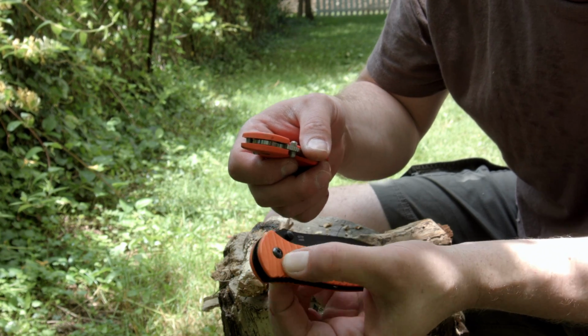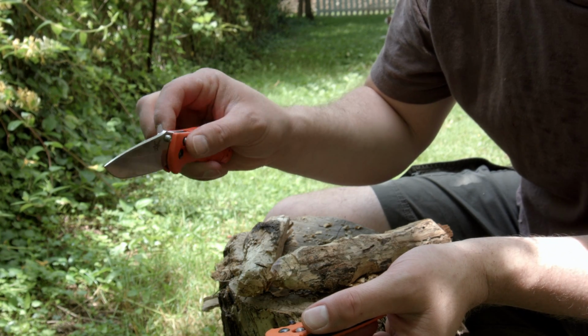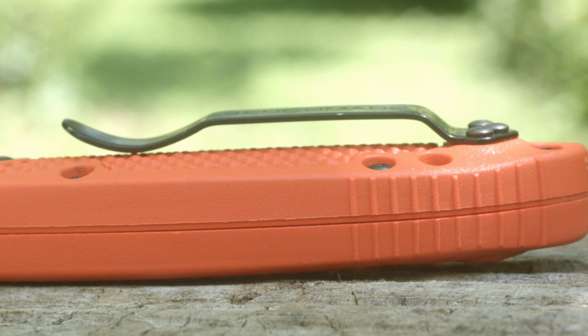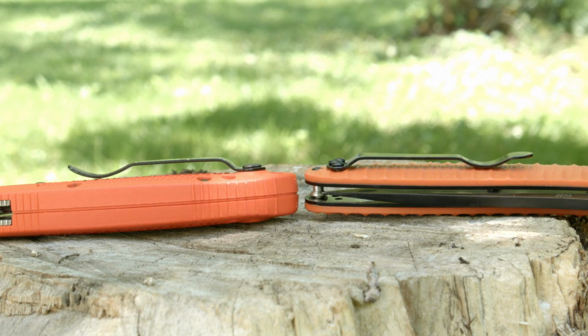The black clip is reversible to either side of the knife, but you can only carry it tip up. The clip is not a tight hold on your pocket, so make sure you watch out if you're hanging upside down from the monkey bars while pocket carrying the blade. This looks to be attributable to the mount where the clip is affixed to the handle being slightly raised. The Ganzo, by contrast, does not have a raised mount, so it tears the shit out of your pocket. You may want to remove the clip and do some bending if you want a more secure hold on the